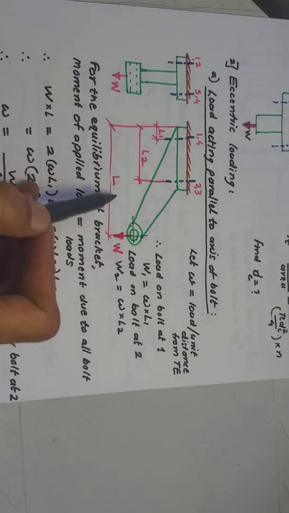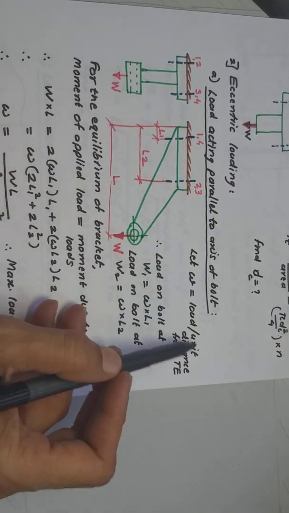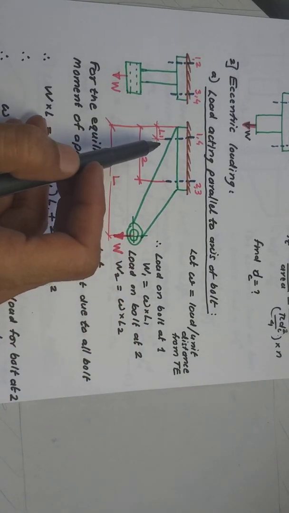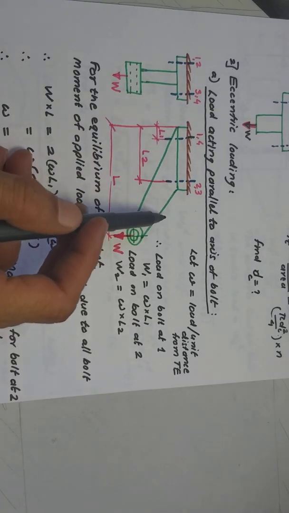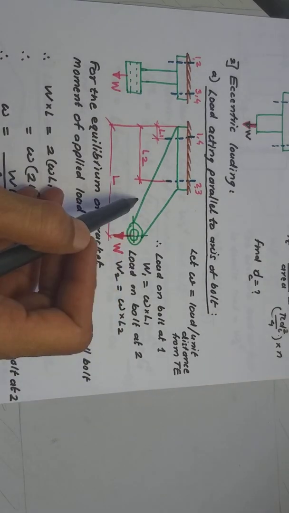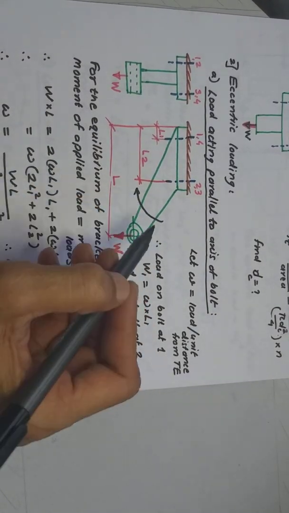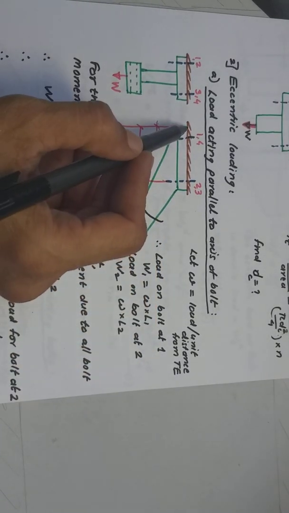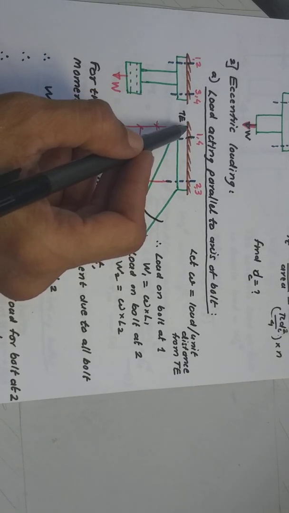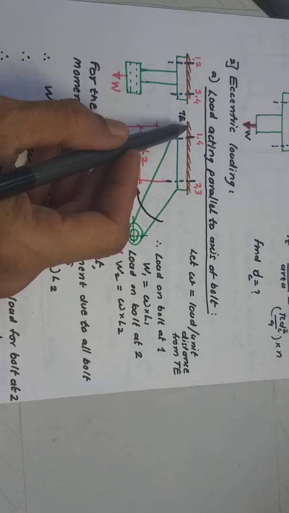Now under such condition, how do we work? Let small w be the load per unit distance from the tilting edge. Now in this case, one thing you have to notice is that the bracket is going to tilt because of the applied load in a particular manner. Say, for example, this is the direction of tilting, because of which this particular point is going to become the tilting edge. So the tilting edge is here. The bracket is going to tilt while this point will remain in the same position.